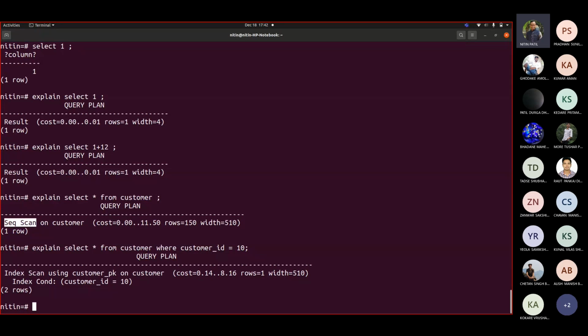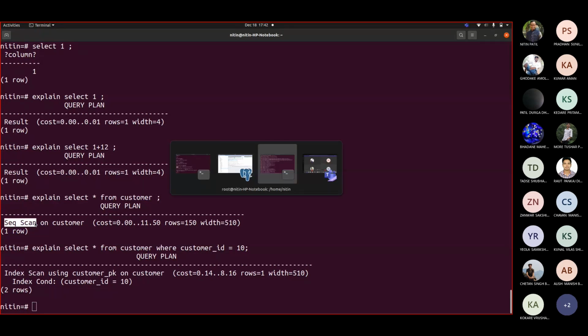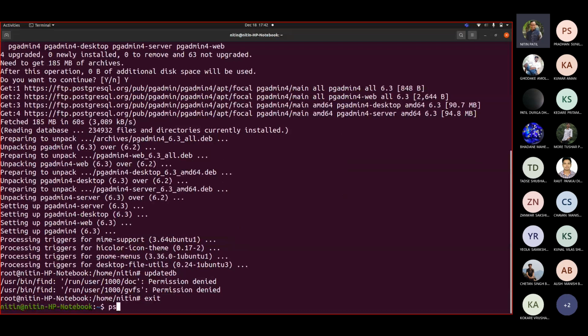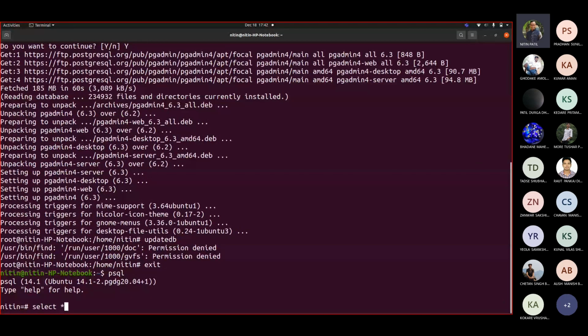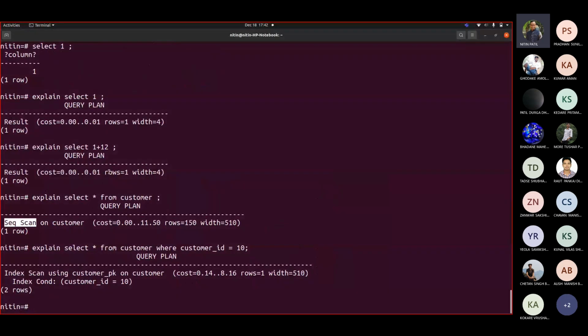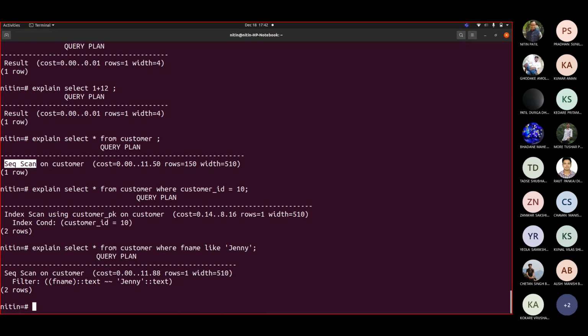So let me use this. Control D, PSQL, select star from customer. Let me take Jenny. Now where app name like Jenny. It is showing me sequential scan.